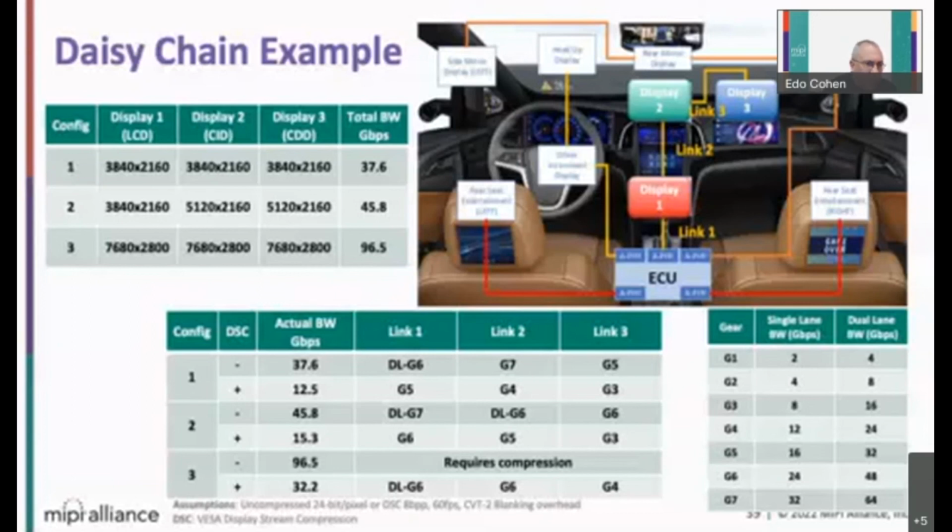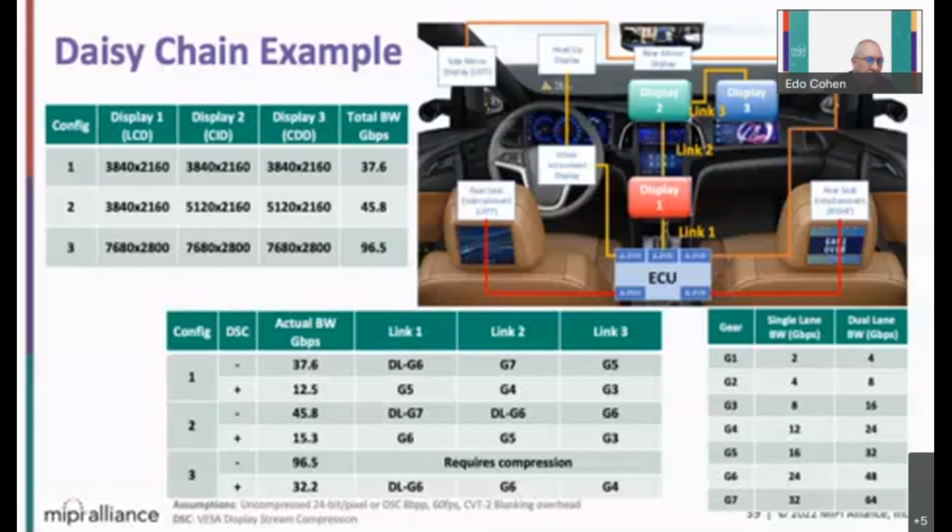The bandwidth assumption here is for uncompressed 24-bit per pixel, or DSC if it's compressed, based on CVT2 from the VESA blanking definitions.